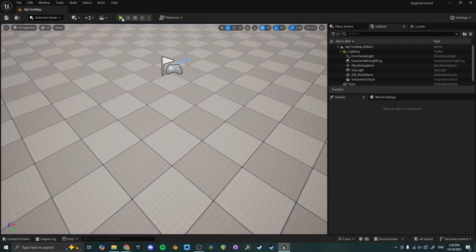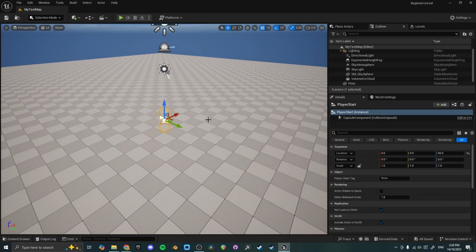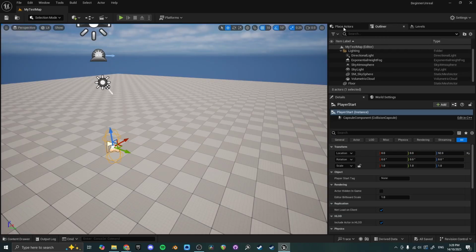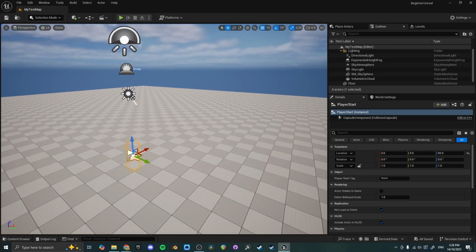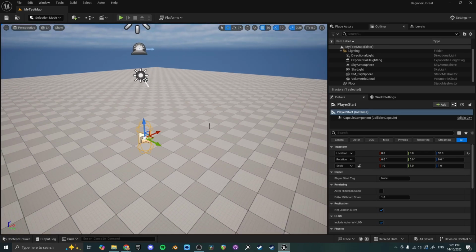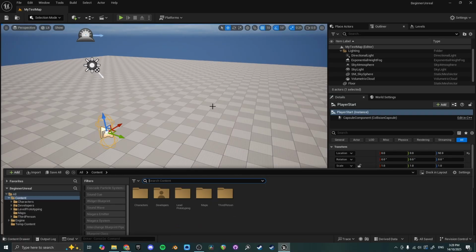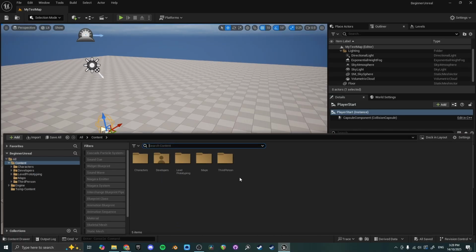Now this is the player start, like I was saying, and we've got an empty place now that we can start to build stuff. So just to show you how to add stuff into the scene, what you want to do is if you right click in your viewport just like this, and then you hit Control and then space, this opens up what's called your content browser down the bottom, and inside this is where you get access to different shapes, sounds, particle effects,